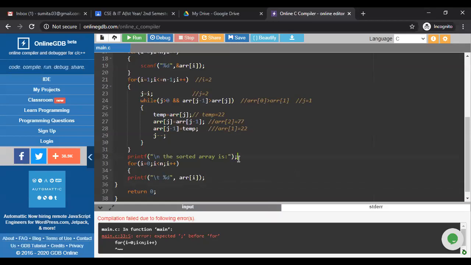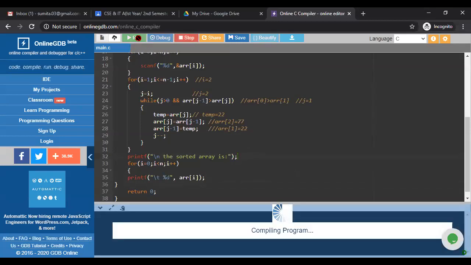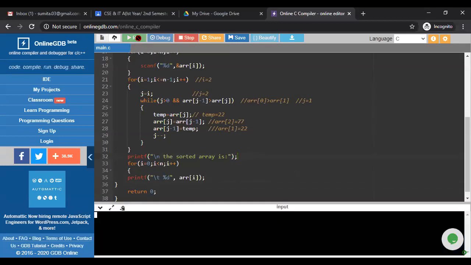Suppose I am taking 4 as an example. So first 44, then 77, then 22, then 88. See, 22, 44, 77, 88. All are arranged in ascending order.